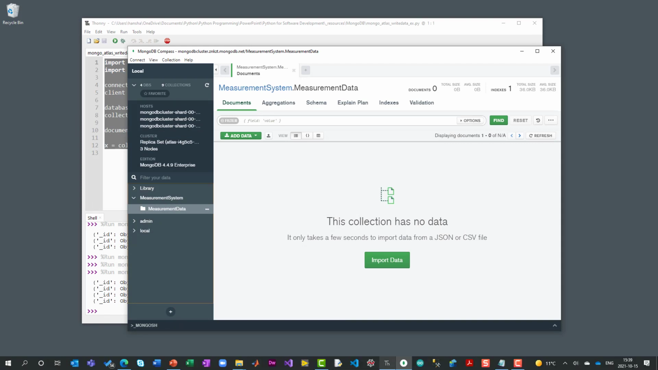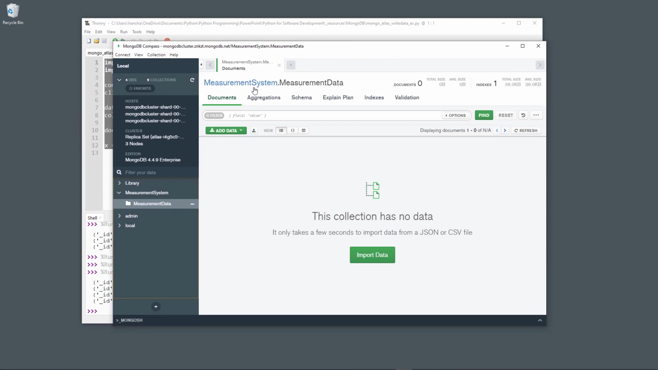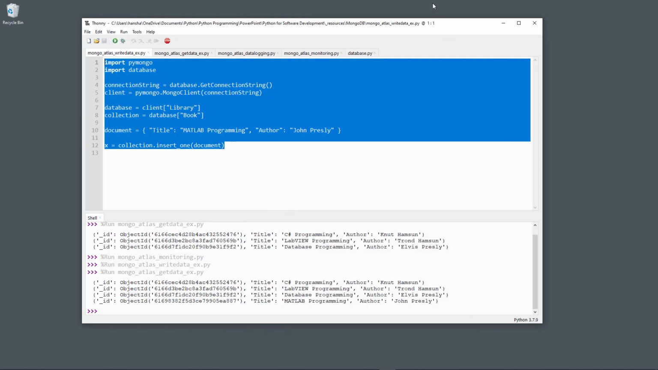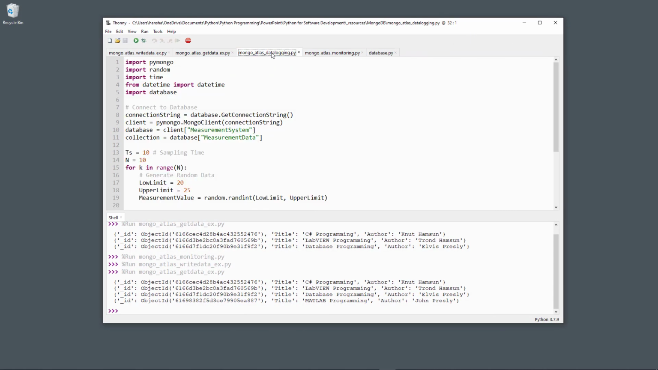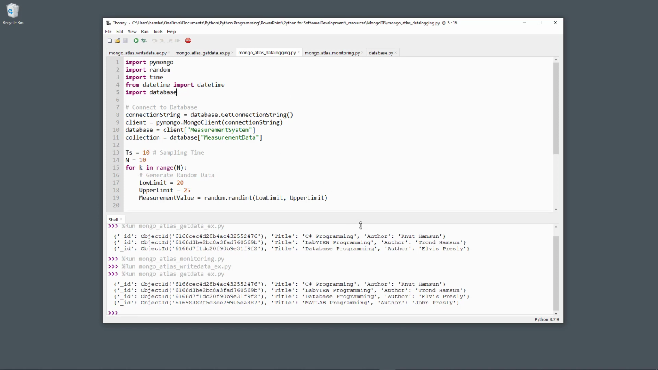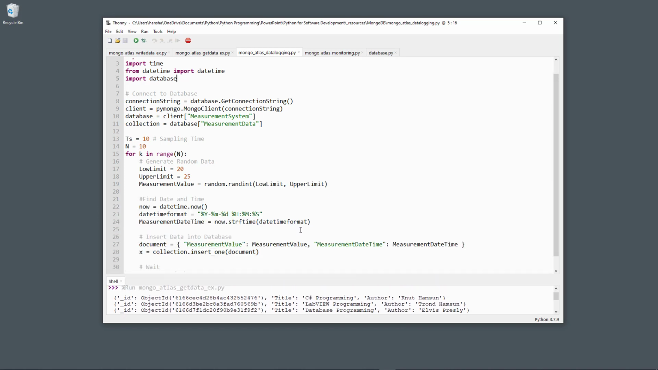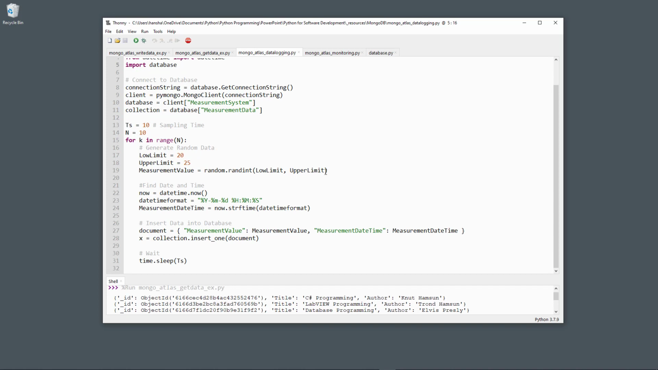You can also go to MongoDB Compass and the same measurement system and measurement data, and there is no data within that collection and the database. So then let's go back to Python, and now I have created a new Python script called Mongo_Atlas_data_logging. So this Python script starts by